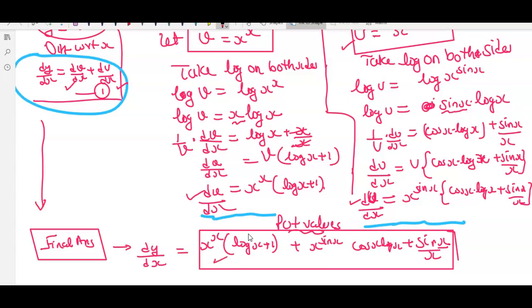Although if you do it the other way, you'll get the same final result, the only thing is log of a plus b is not equal to log a plus log b. This is a common mistake which almost 50% of the students make, and we deduct marks. It hurts a lot, but after all we have to justify ourselves. So you have to see that silly mistakes are very common in the board examination, and concept-wise, practice-wise, you have to practice.